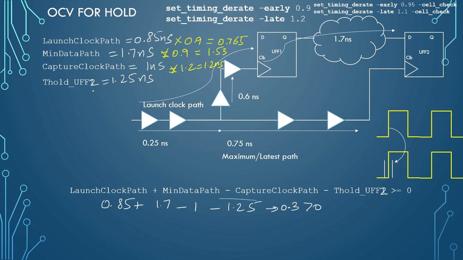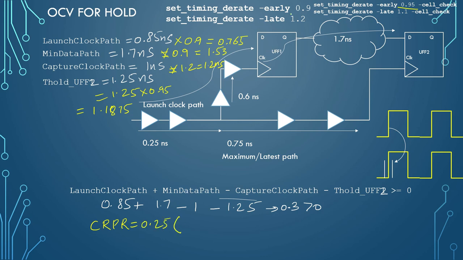And then comes your hold. So hold is actually derated by 0.95, which you can see here. So it will be 1.25 into 0.95, and that will be 1.1875. So these are the new values which are coming after the derate, and if we put together these derated values and apply CRPR, CRPR will be applied on the common clock path, that is 0.25.